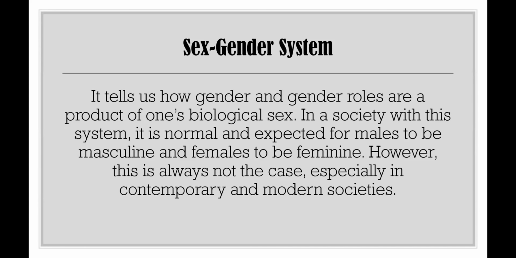So next we have gender system. It tells us how gender and gender roles are a product of one's biological sex. In a society with this system, it is normal and expected for males to be masculine and females to be feminine. However, this is not always the case, especially in contemporary and modern societies, because there are fields na hindi